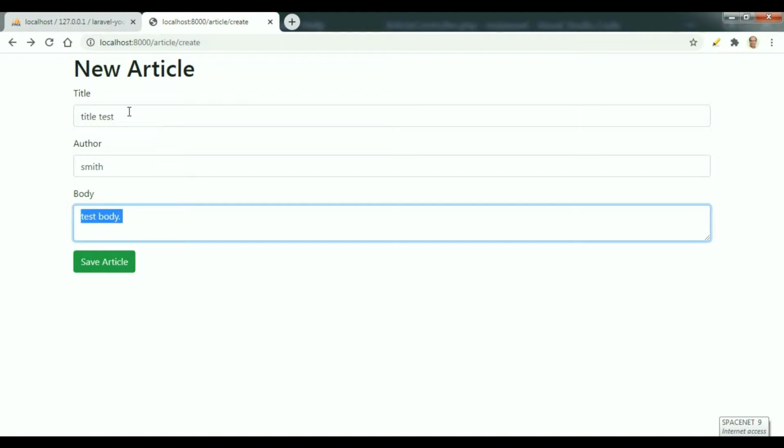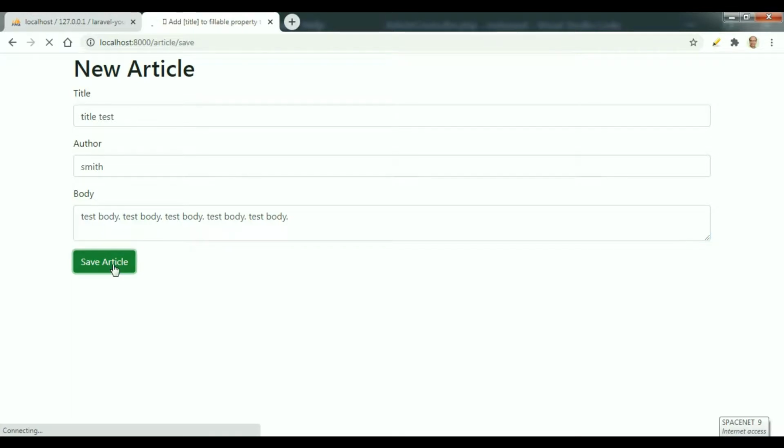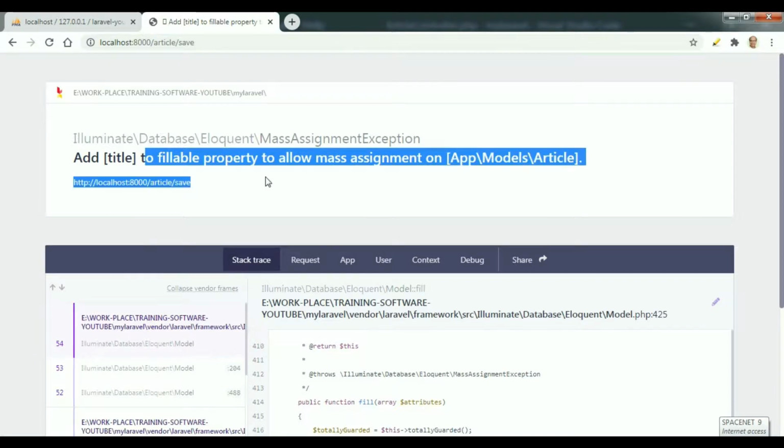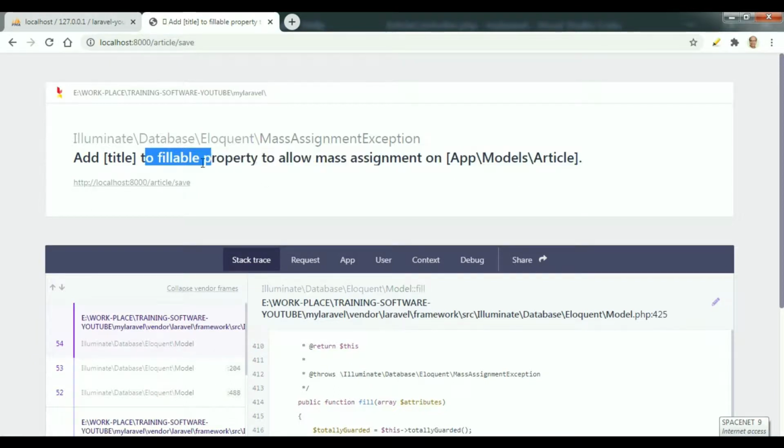Now I submit it. Now you see there is an error: add title to fillable properties of mass assignment. It is saying the fillable property in the article model.